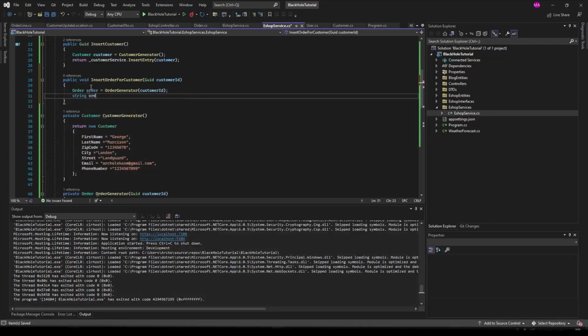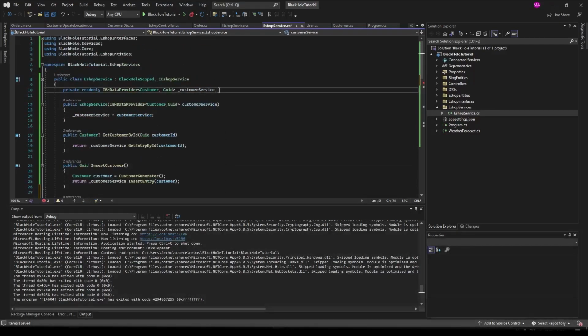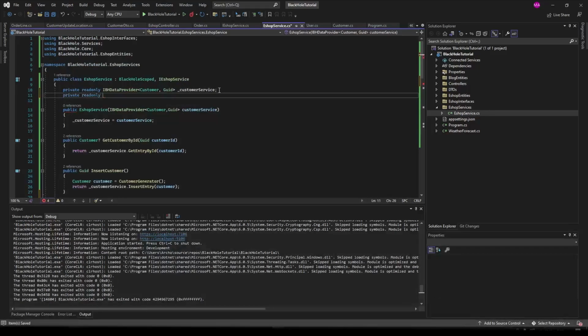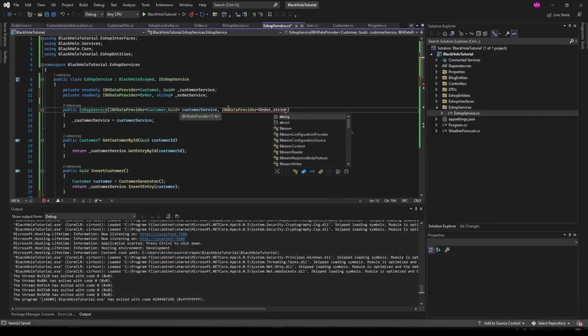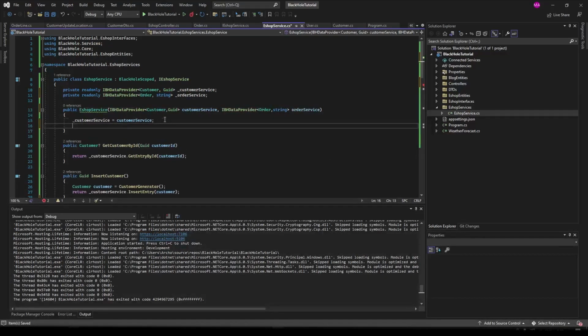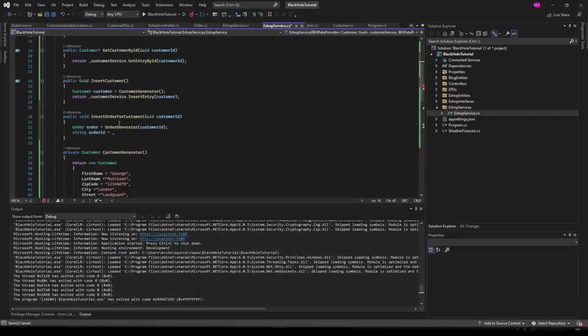say string order ID equals, we don't have an order service, right? We need an order service. Yeah, private readonly IBH data provider order, string, comma string, and this will be our order service. Nice, and the same goes for here. We need an IBH data provider with order, comma string. All right, and order service with dependency injection, and here order service equals order service, and now we can say